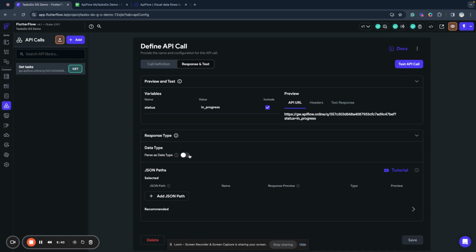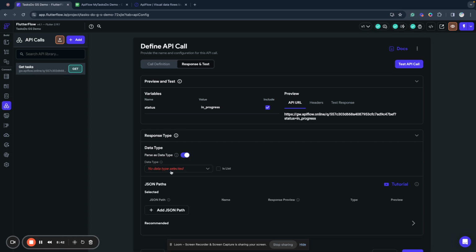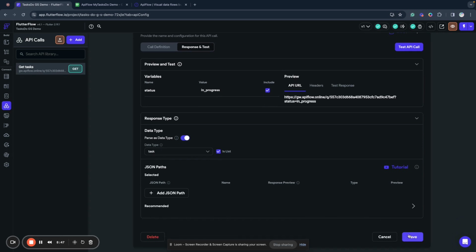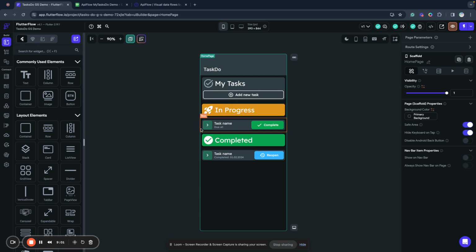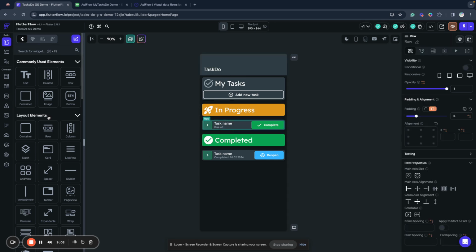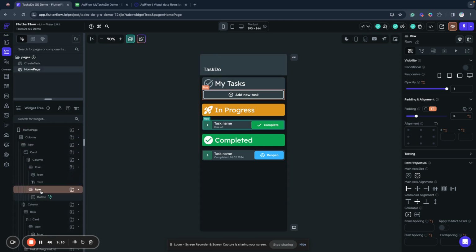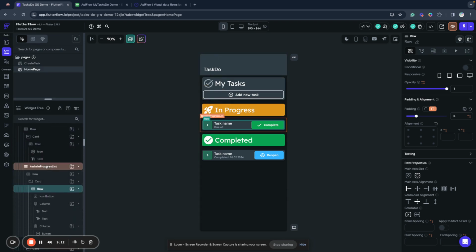we want to map, to parse our data to data type tasks, and this is a list, and save our changes. So now when we do request, FlutterFlow will automatically parse response as tasks list. And now I can go here to my view. I have a very simple mockup of an app that has here